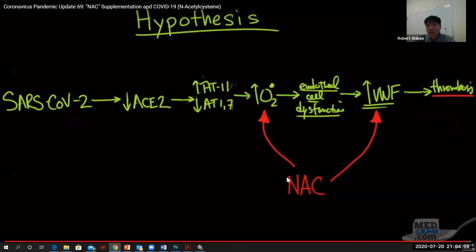But the bottom line of this is NAC is an antioxidant, and you can purchase it. And so he himself takes, I think, 1,200 milligrams, 1.2 grams per day. I started taking this as well. I'm taking 1 gram, or 1,000 milligrams, of NAC per day. It's cheap, and you can just buy it. It's a supplement that they have. But if you believe in this hypothesis, then it makes sense to supplement with NAC. That's one. And then another video just came out the other day, so I'll show that too.